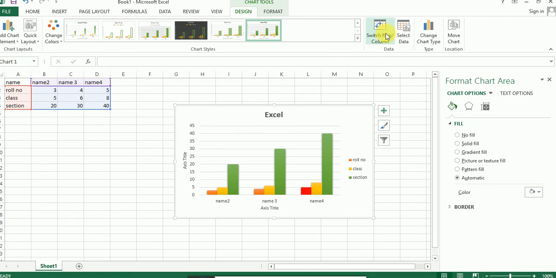So when I use the switch row column button, then you can see roll number, class, section are the column. Again you can use switch row column, and name 2, name 3, name 4 are the column. You can change it between row and column.